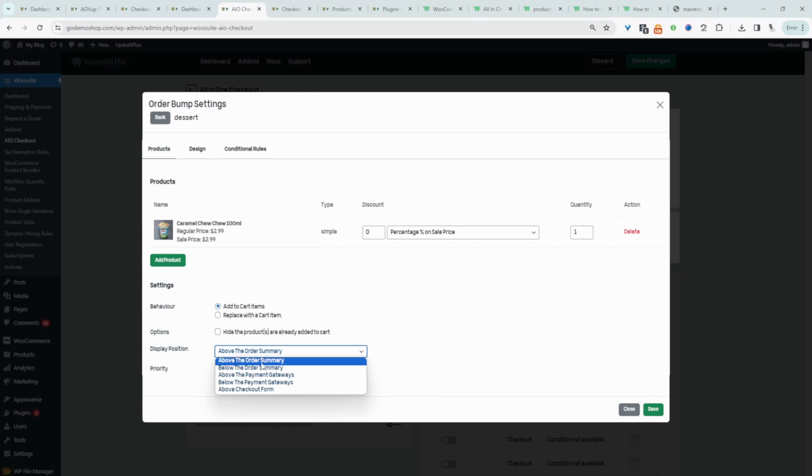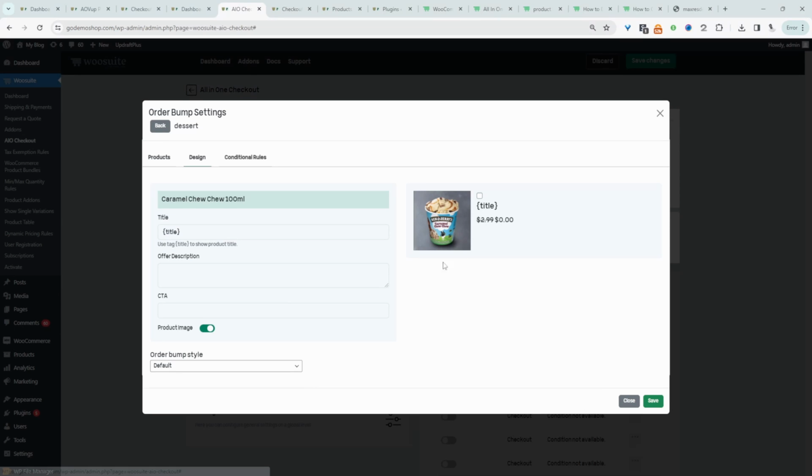We can also enable this option to hide this upsell if they've already got the item in their basket. And then we get to choose where we want to display this particular order bump. I'm going to display it below the order summary. We can customize the design, but this is how it will look. Title will automatically insert the product title. We can add an offer description here. And then for the call to action, we can say something like,